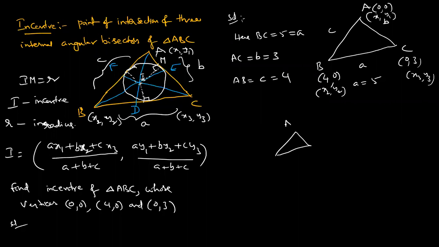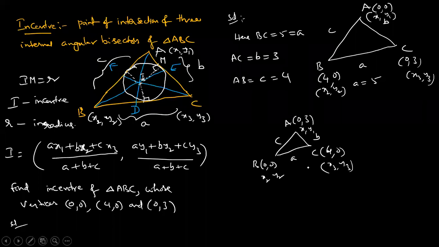For example, dear students, if you're taking 0, 3, for example, this is 0, 0. Now, what about this one? 4, 0, for example. Suppose you're taking A, so this one should be x1, y1. Get your point? So this is x2, y2. Why? Because B is fixed now. See the diagram? With respect to B, this one is x2, y2. C means x3, y3, opposite. So finally, the answer is the same.